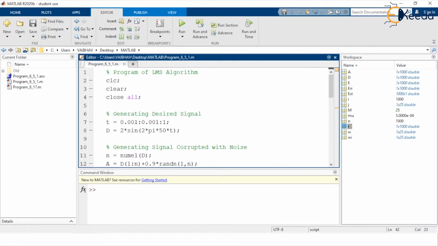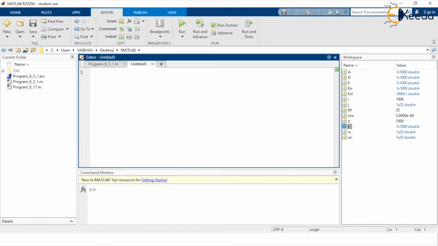Now for comparison purposes, we shall implement the steepest descent algorithm that we studied in the third video of the same chapter. For that purpose I take another editor window. There we shall develop the mathematical logic that we have seen for the steepest descent algorithm, because of one of whose limitations we switched to the LMS algorithm.